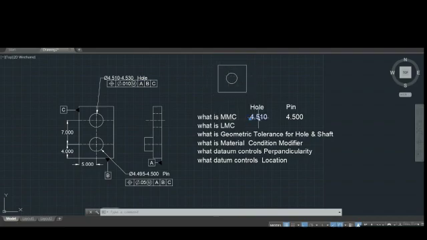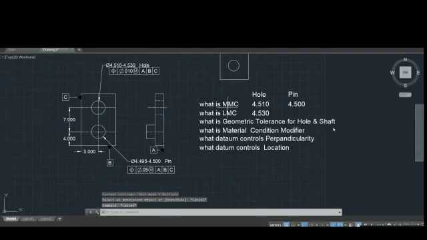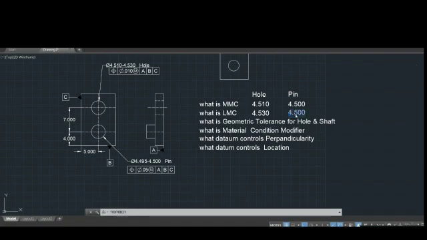I will copy this first and change it to 4.30. Similarly, least material will be available for a boss or a pin when its size is lesser. So I will copy this value again and modify it to 4.495.